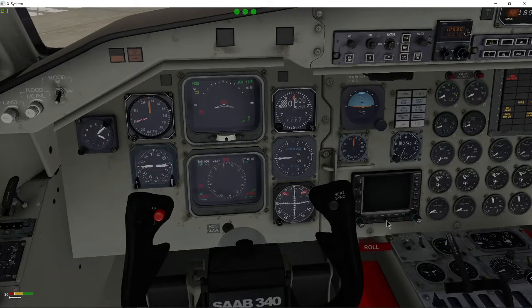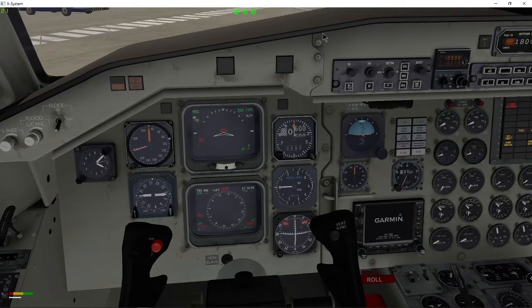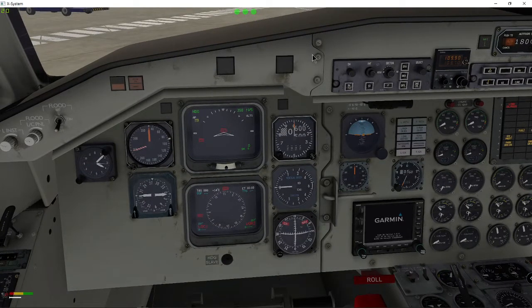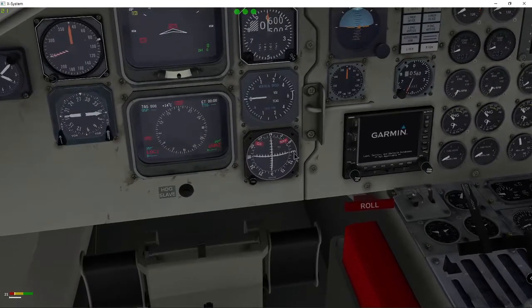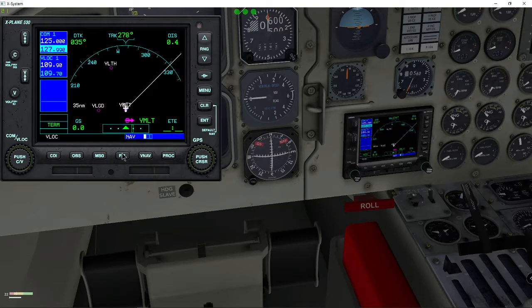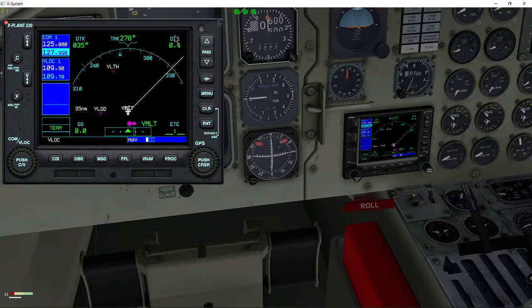At this point, if you want, you can also activate the Garmin G530. If that's all in your way, you can just push that little Phillips screw up the top there, and it will make the yoke disappear, so you've got a better view. The Garmin's got to activate as well. Hit the OK, and there we are. If you push just in the middle of the Garmin, it comes up as a pop out, and if you want, you can hit this little square over here and take it over to another screen,